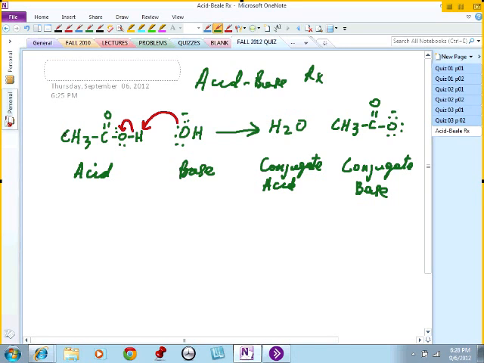Now, the strength of an acid, in other words, how strong an acid is, depends on the stability of the conjugate base. We are going to come back to that shortly. So in this particular instance here, without this arrow here,